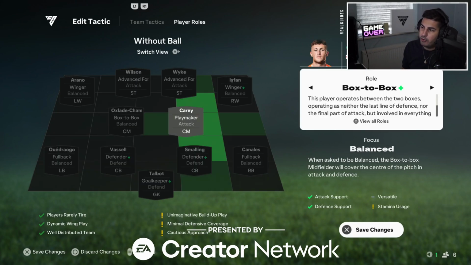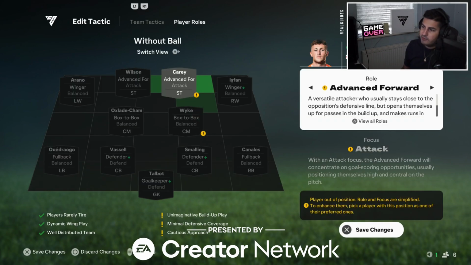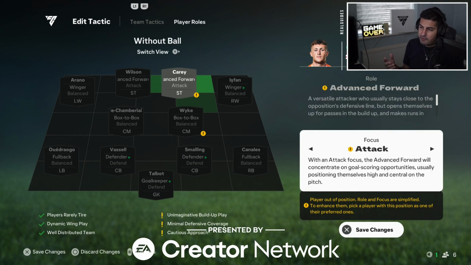This player has a box-to-box role. But you can see, watch. I'm just going to move him out of position. Then you can see it says, look, player out of position. Role and focus are simplified. To enhance them, pick a player with a position as one of their preferred ones. So what that effectively means is they're still going to be playing that role, but it'll be playing at a